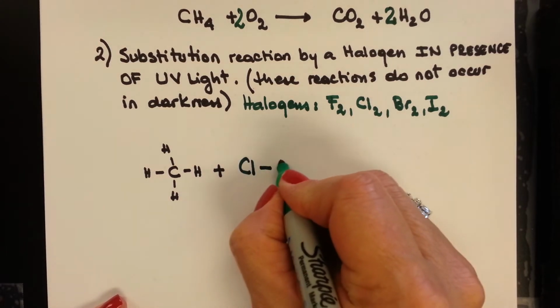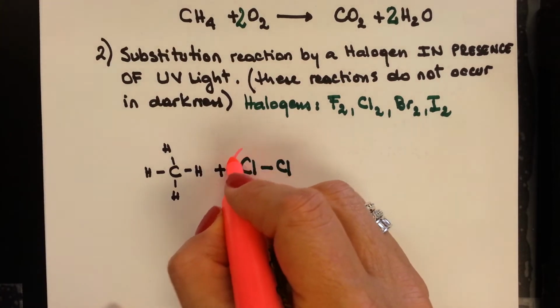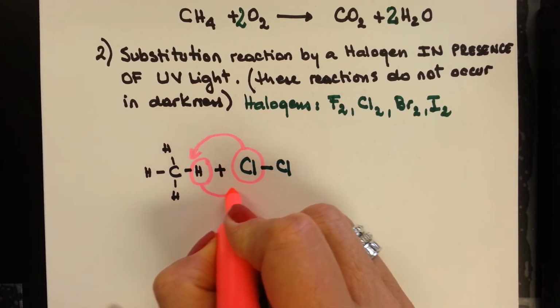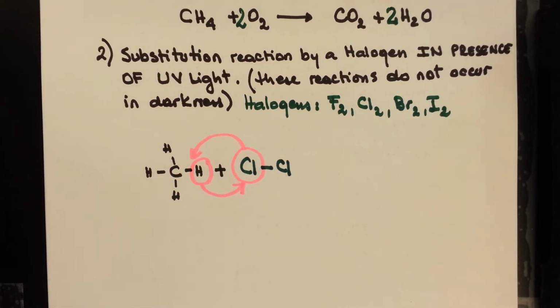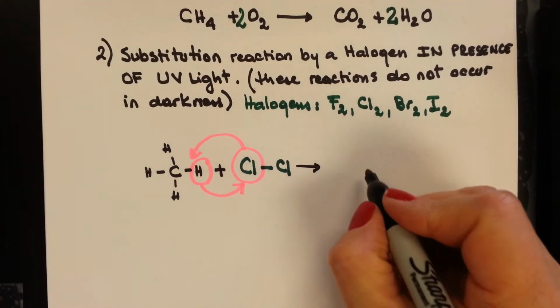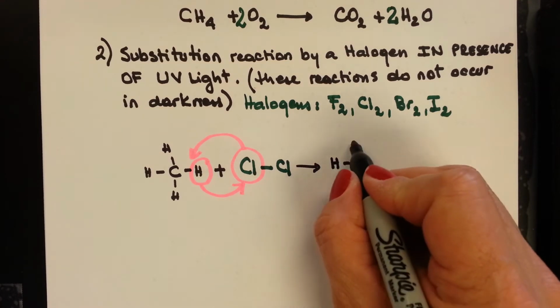Chlorine attached to chlorine, and I'm going to put it separate so you understand exactly what happens. So one of the chlorines is going to replace the hydrogen, and the hydrogen is going to take the place of the chlorine. So basically what we are going to have afterwards is the chloroalkane, in this case